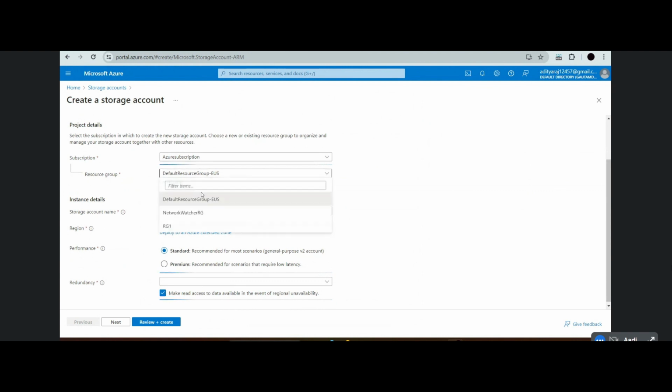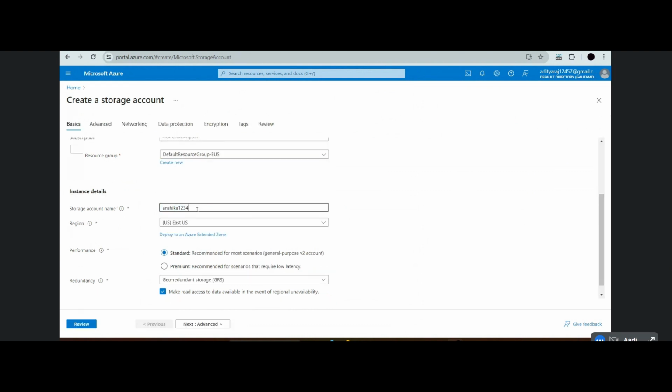We can choose any resource group or we can create a new resource group. So let me take an existing one, RG1. We can give the name. A storage account name should be globally unique. We can give any name.